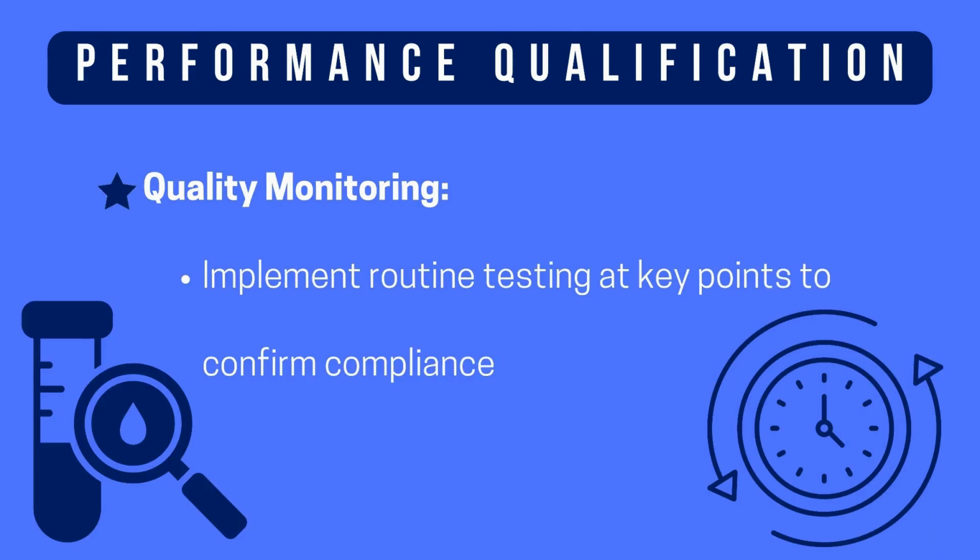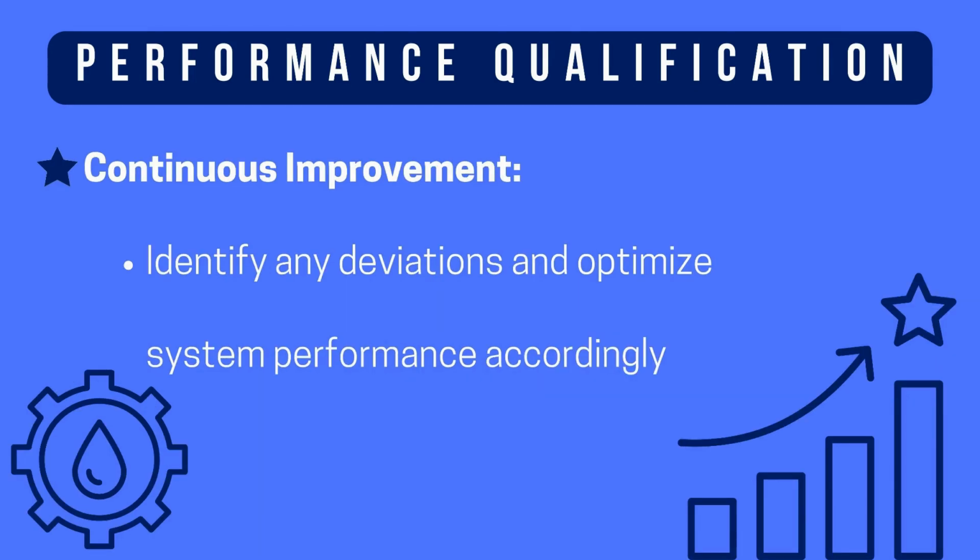Performance qualification involves rigorous testing to confirm that the system consistently produces water that meets all quality standards under normal operating conditions. This requires regular monitoring and testing of critical water quality parameters to verify that the system remains within acceptable limits. Lastly, continuous improvement involves actively tracking all system performance data, documenting corrective actions, and recording any adjustments made